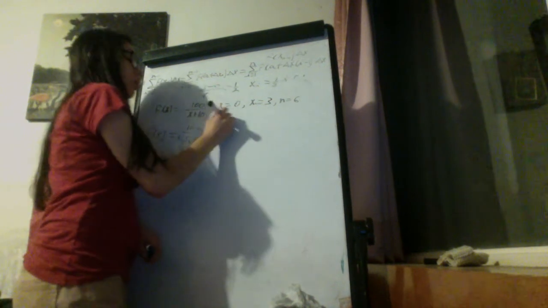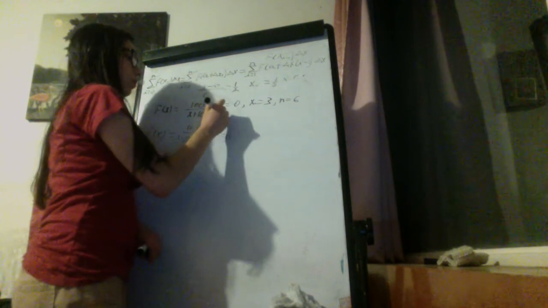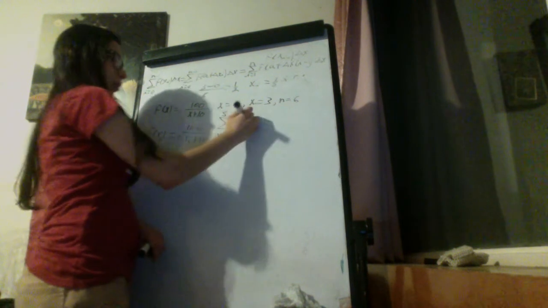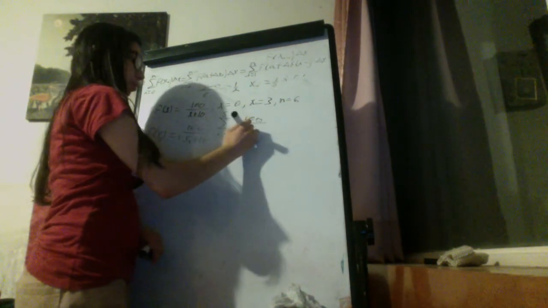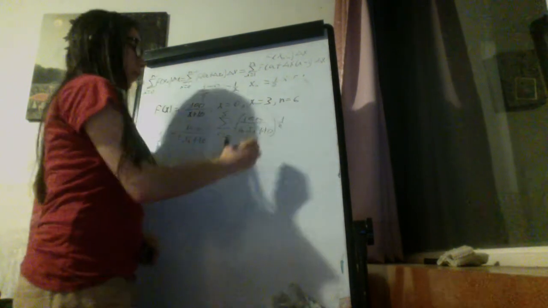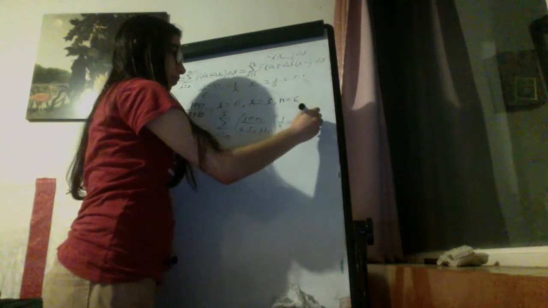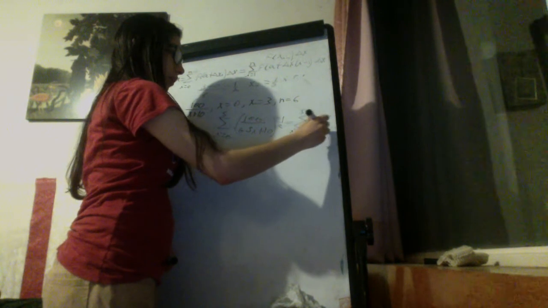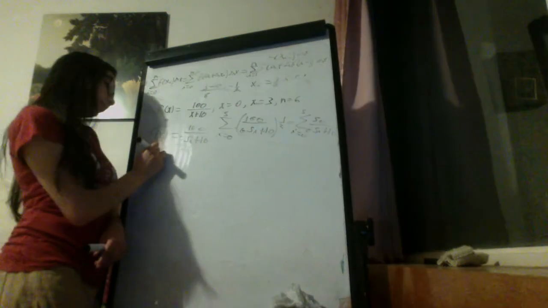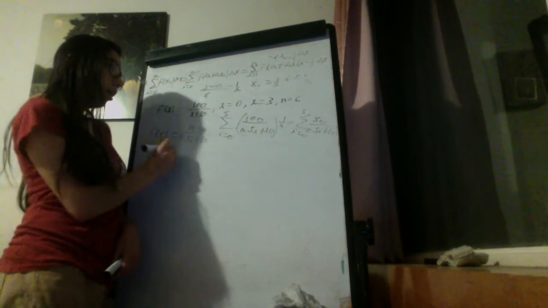And so the sigma notation is the summation from i equals 0 to n minus 1, so 5, of 100 divided by 0.5 i plus 10 times delta x, so times 1/2. Or you could say the summation from i equals 0 to 5 of 50 divided by 0.5 i plus 10. Now, this is the traditional way. The non-traditional way would be sigma notation from i equals 1 to 6 of